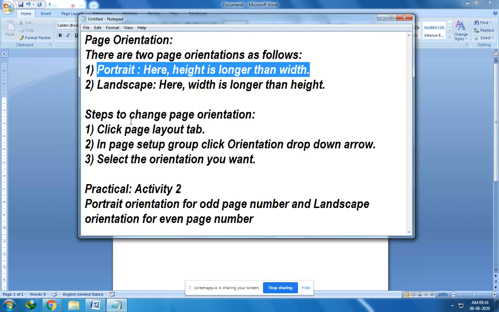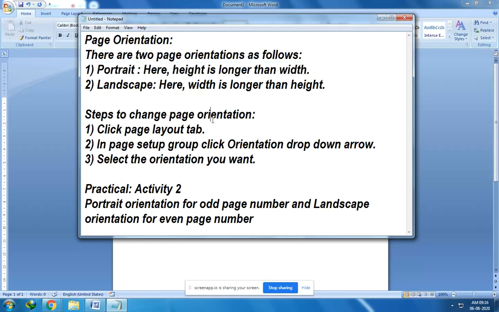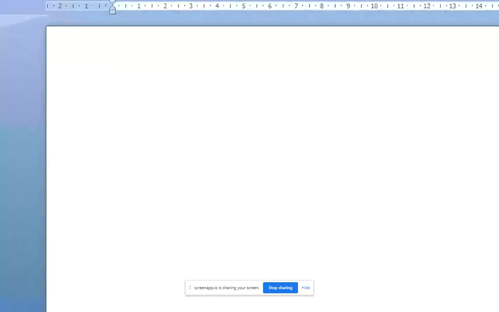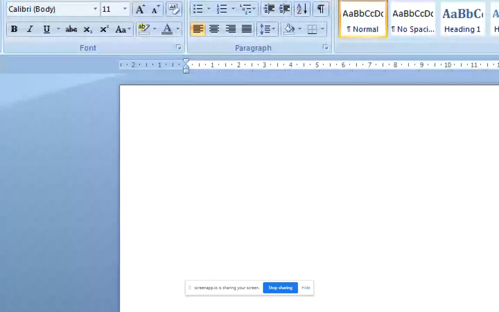Fine. So how to change the page orientation? First of all, I'll show you the portrait and landscape mode, how it looks. So see students, here you can see this is the height.